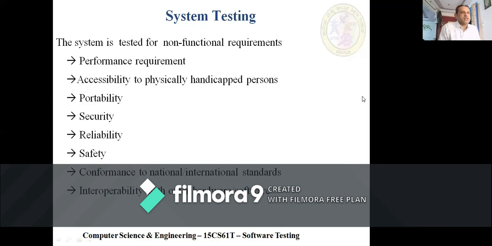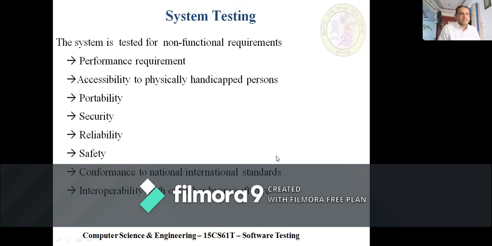Then we also test functional as well as non-functional requirements. So what are the non-functional requirements that have to be tested? We may test all the parameters which are applicable to that project, only those.